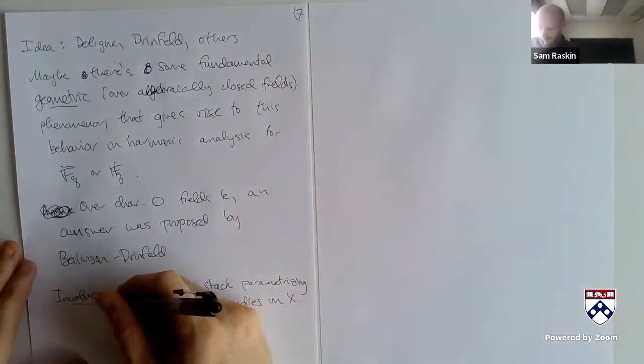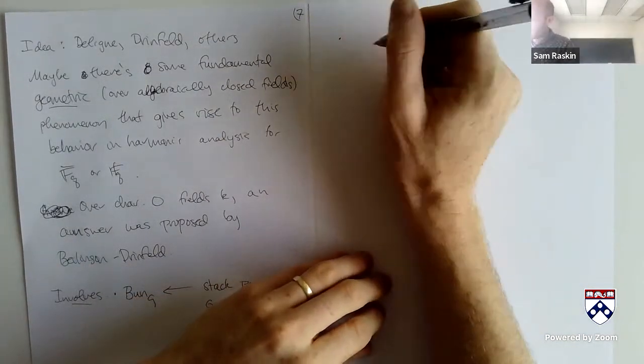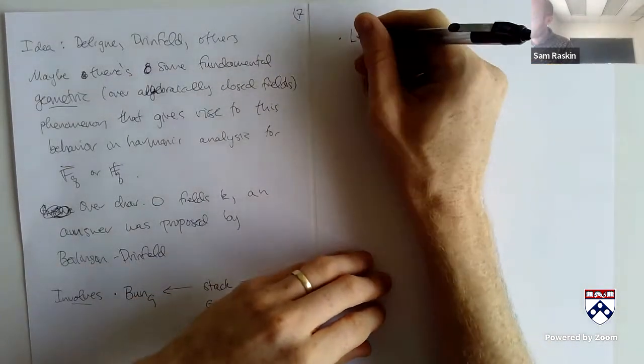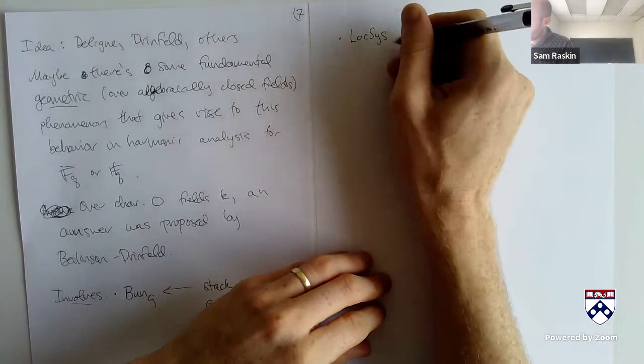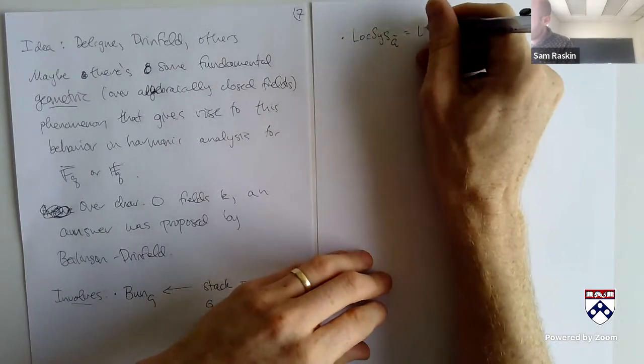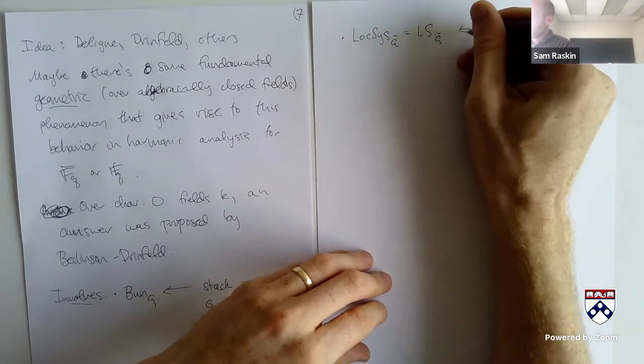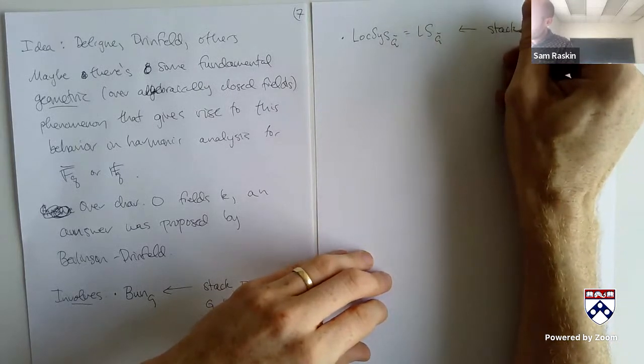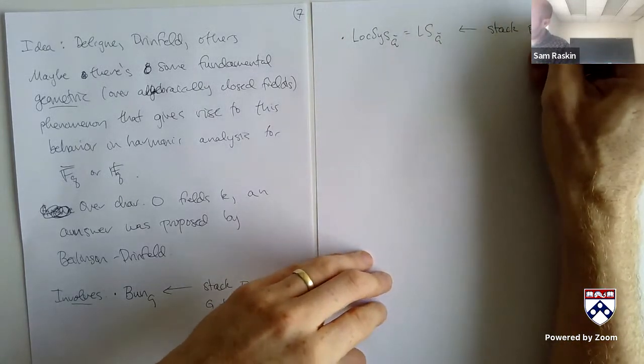So that's going to be the first geometric object. And the second geometric object is what I call LocSys G-check, or maybe I'll start writing LS G-check. And this is the stack parameterizing